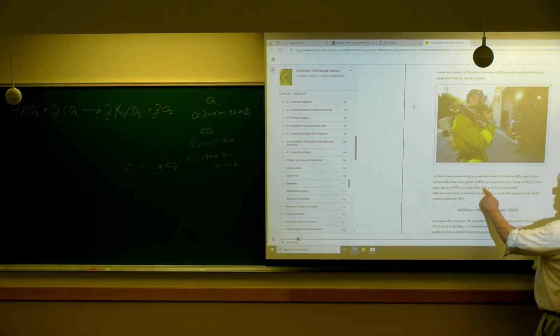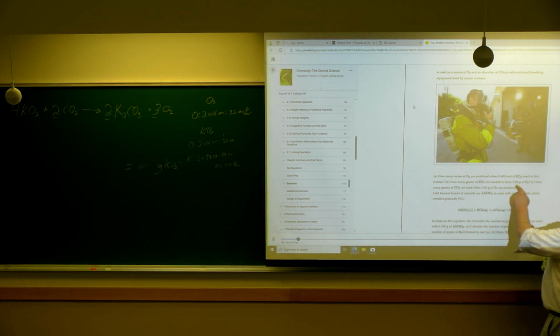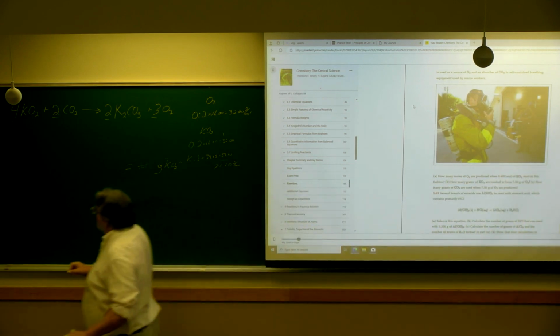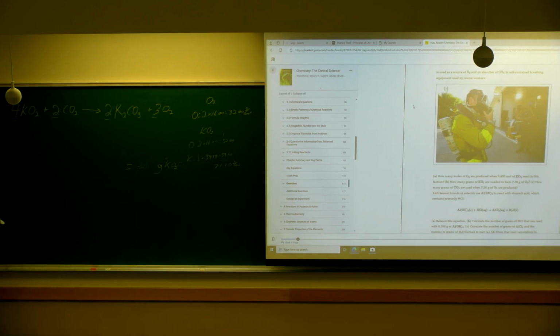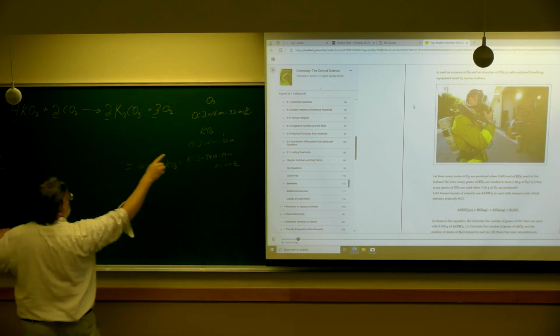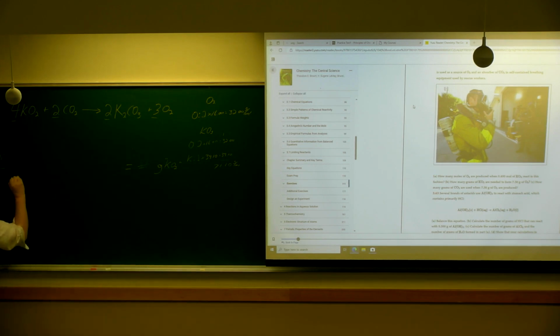How many grams of KO2 are needed to form 7.50 grams of O2? Put that over 1. The next thing I'm going to need is the grams per mole for O2. So 32.00 grams